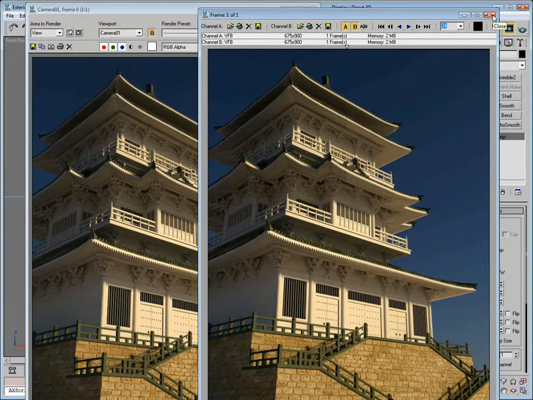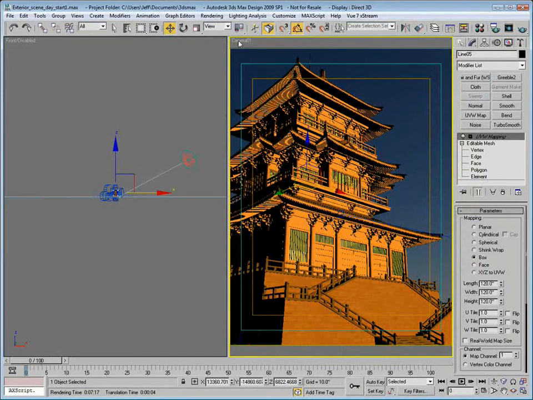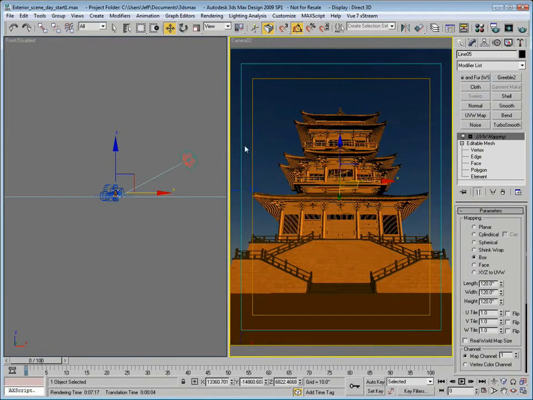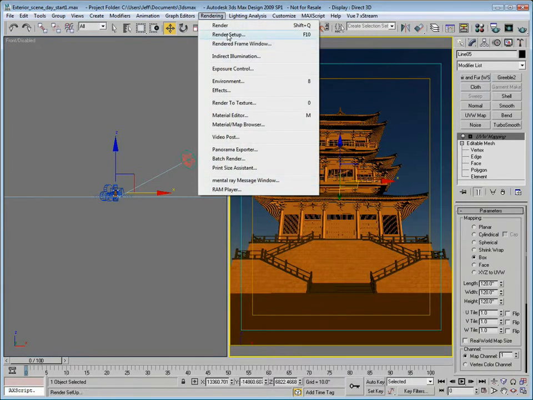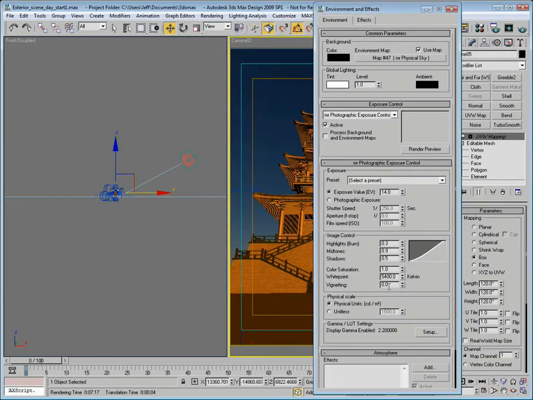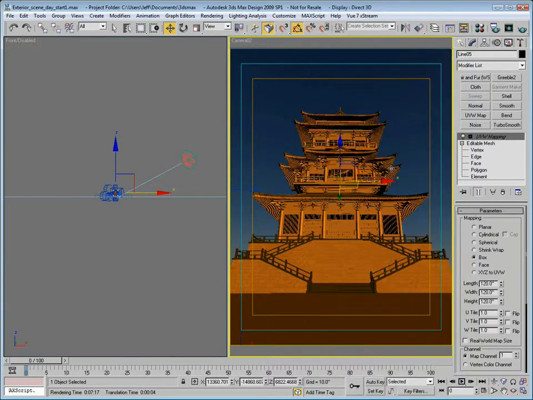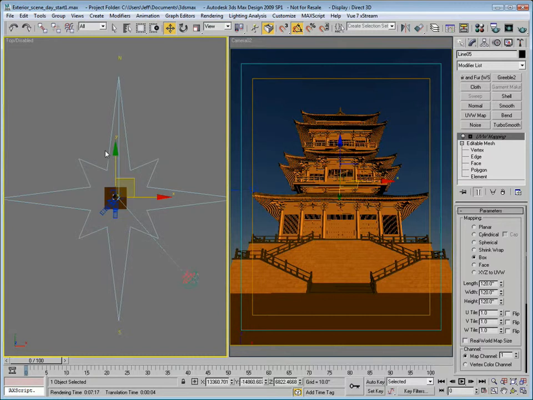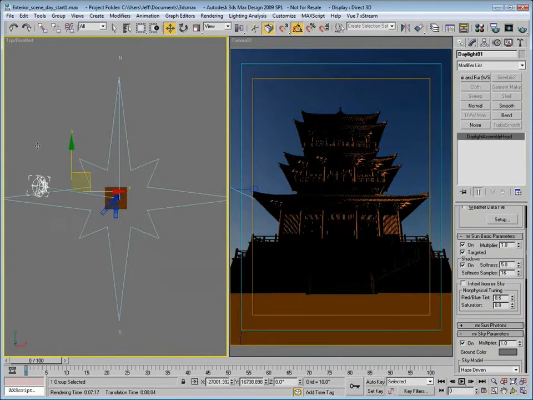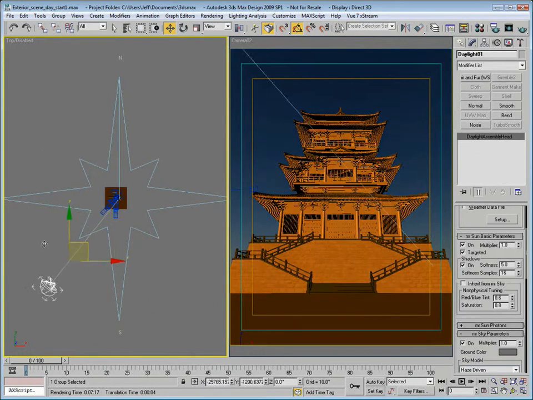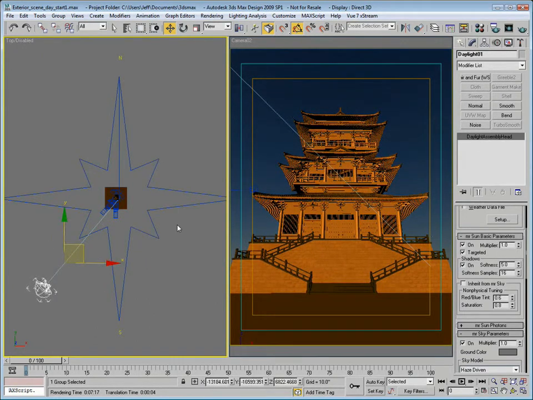So what I'll look at next is, let's see if we want to change views here. And let's go to a different camera angle. And what I want to do in this viewport and this angle is in the exposure control, maybe enable some vignetting, maybe increase the highlights and burn just a little bit more, and let's move the sun around a little bit. Let's put it on this side. Now, since I've moved the sunlight source,